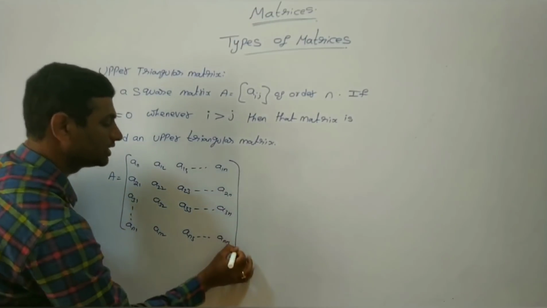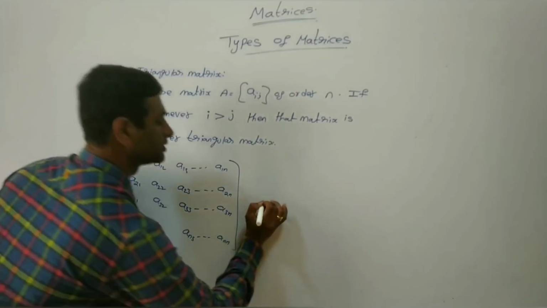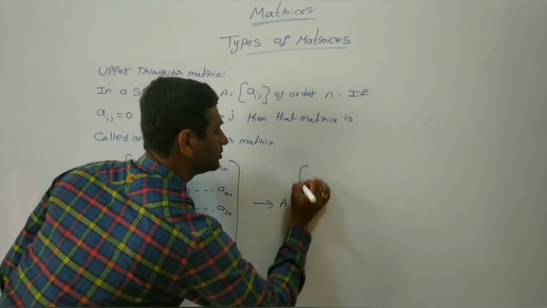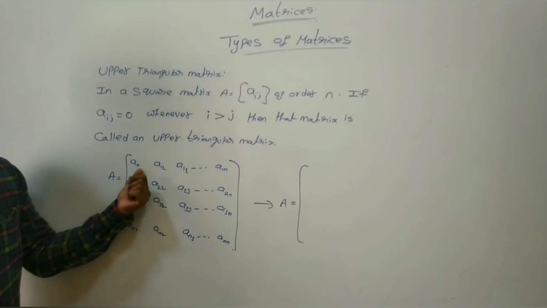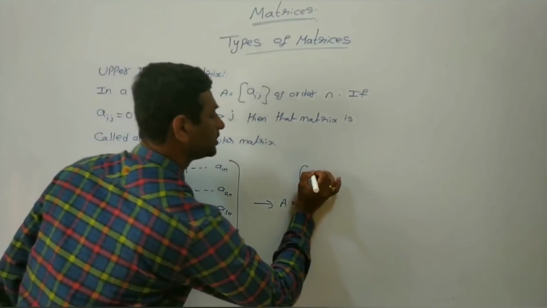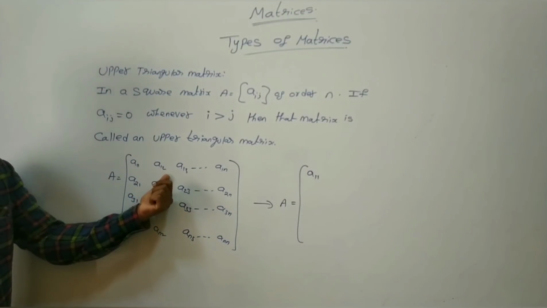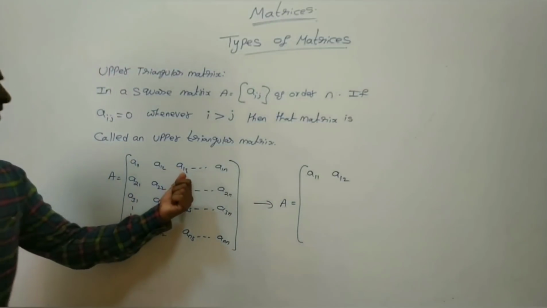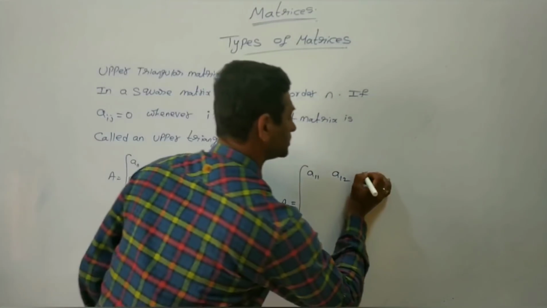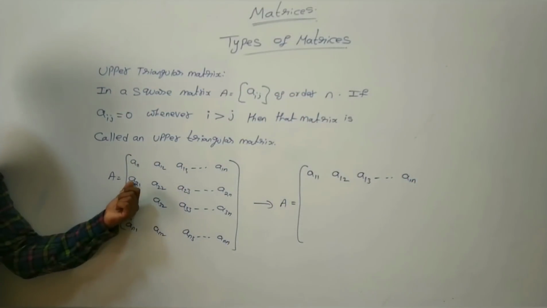So this is our general representation of a square matrix, and when it becomes an upper triangular matrix, we will see A is equal to, first row is greater than first column? No, 1 is not greater than 1. So keep as it is, A11. Is 1 greater than 2? No. So keep as it is. Is 1 greater than 3? No. So keep as it is, A13. So on, A1n. Now coming to the second row, first column.